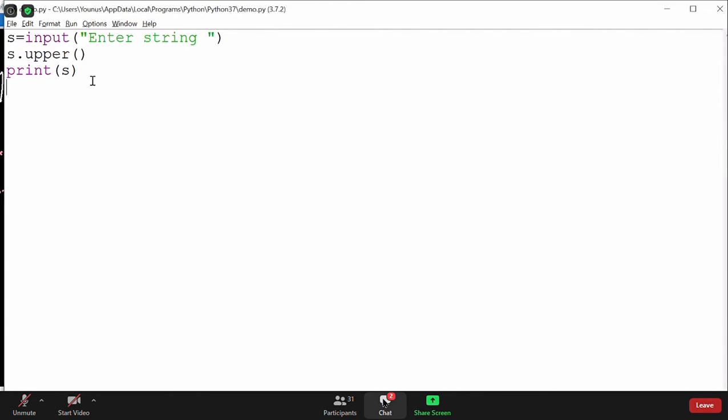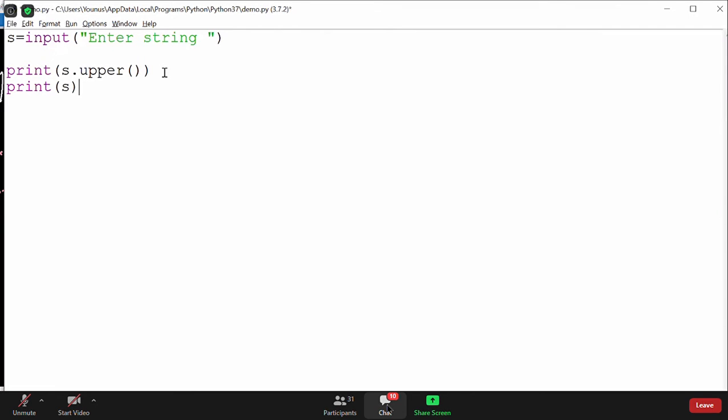Now what is the output, guys? If I just take this thing and write it here, now what is the output? Okay, very good. Now it's capital, and then in the next line, small. Still, it's not getting changed. As I wrote it in the print statement, it's returning me capital hello, but still it remains small hello only.